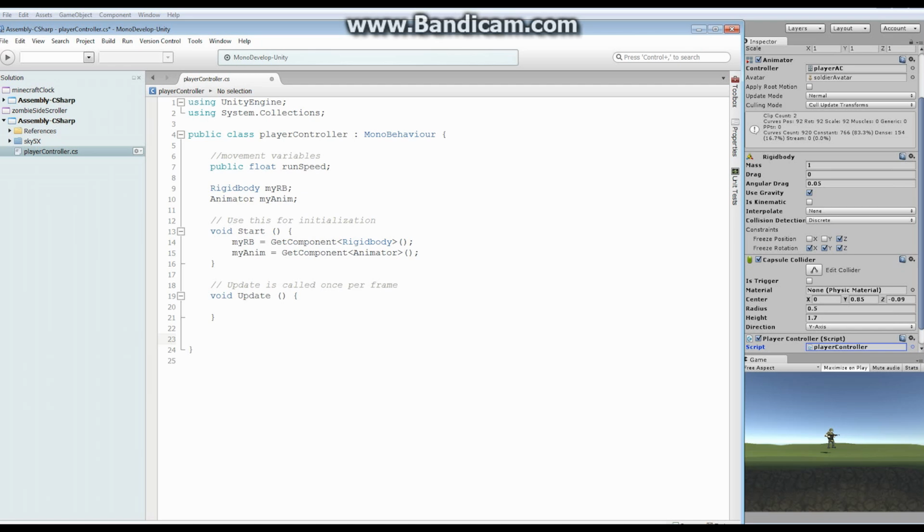The first thing I want to do is check to see if they have actually in any way pressed a button. That's the first thing we're going to check, and we're going to do so by collecting the input and putting it into